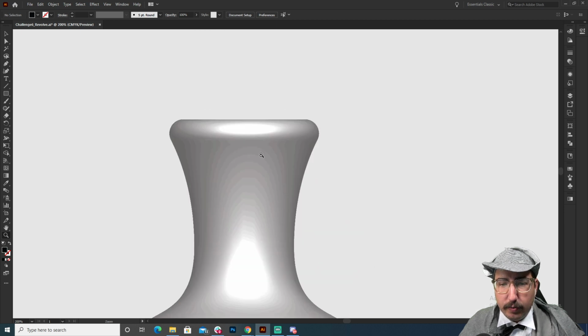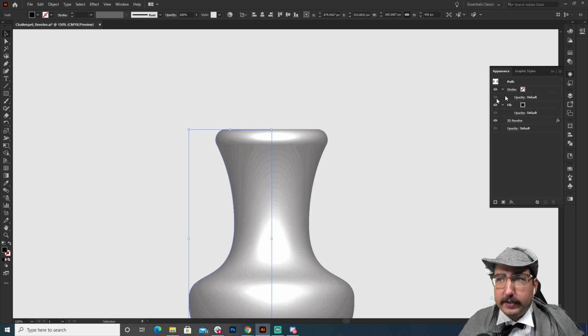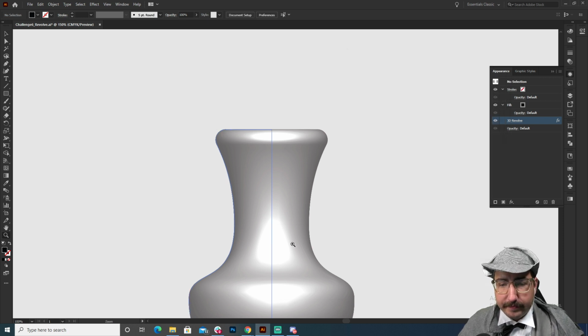Now it's gotten a little bit wonky in some of the areas, and we can fix that by coming into here, selecting our object, going to the effects panel, and clicking on 3D revolve. From there, we can change the blend steps here to like 100, and that's just going to smooth everything out. It's the amount of different colors or steps that it has to get to either one. So in here, you also can change all of the different settings. You can change the light intensity if you want it to be less light. The ambient lighting, you can change everything in there to your liking, whatever you want to do with it. So we're going to hit OK.